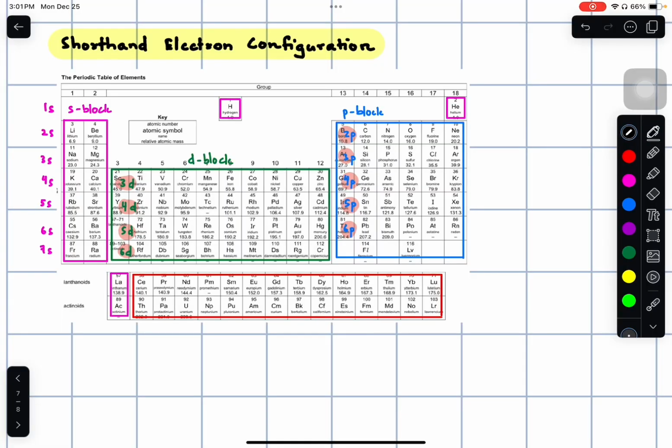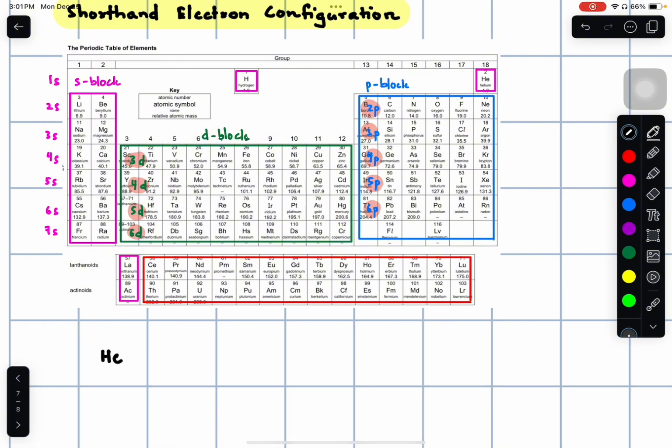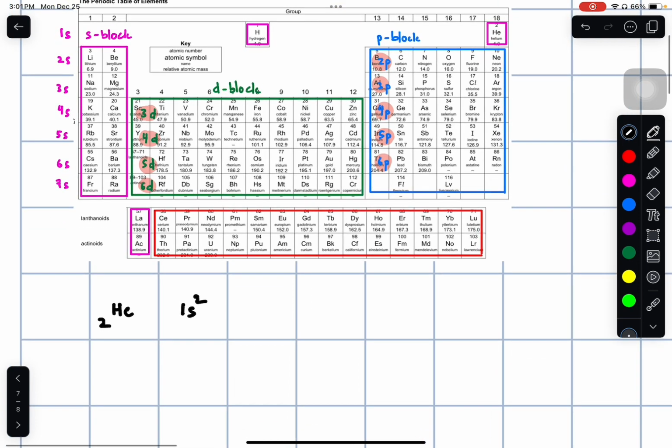Hello everyone. In this video, we're going to learn how to write the shorthand electron configuration or condensed electron configuration of elements. Now let's take helium as an example. Helium has an electronic structure of 1s2. Now if we were to write boron, for example,